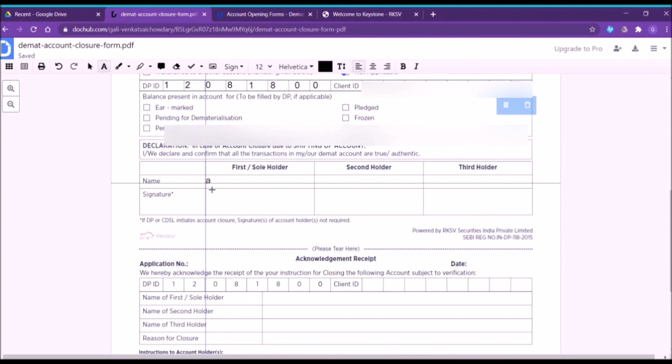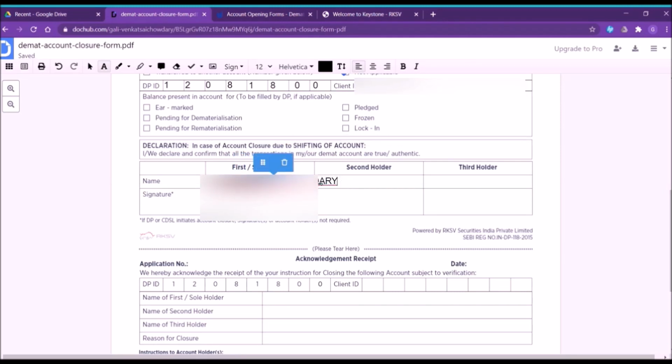After giving the client ID, you have to give your name and you have to sign in that form. I am giving a sign which I have already saved in the Drive. You can see here.